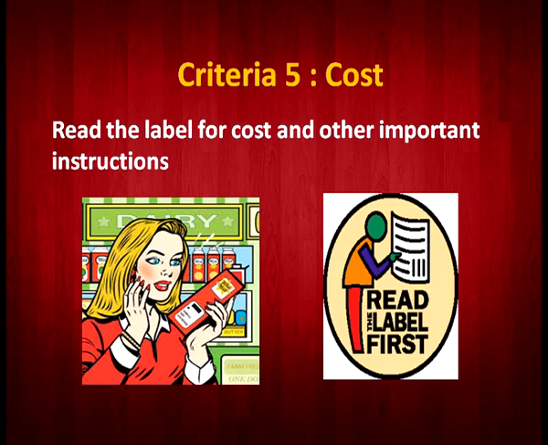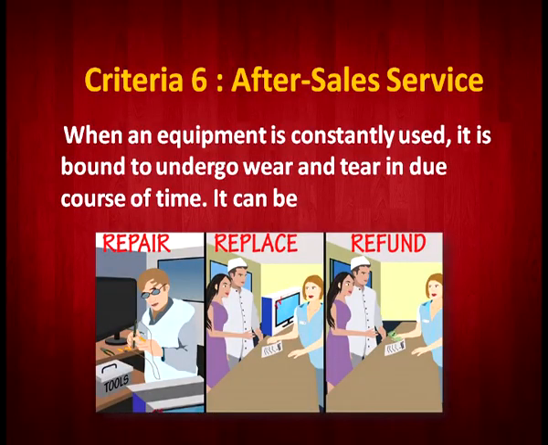The next and last criterion for selection is more important from the user's point of view than from the seller's point of view. It comes when you have actually purchased your final product, that is, after sales. Whenever we purchase an electrical equipment, we are always worried about how it will function after a while. Instantly you will not get to know the actual usage, but after a while you will see what damages and what malfunctioning it starts showing.